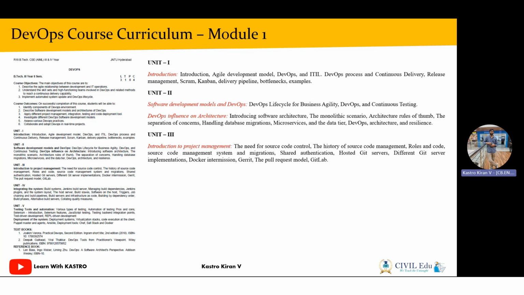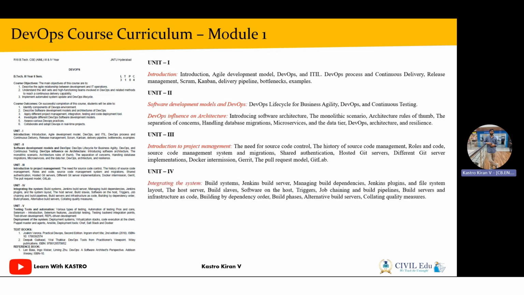And in unit 4, we'll be focusing on how to integrate multiple DevOps tools with each other. Suppose, let's say we have a tool called Jenkins. How can we integrate Jenkins with GitHub? How can we integrate Jenkins with Docker? Like this, we'll be talking about the integration of multiple tools and their functionalities in the DevOps curriculum